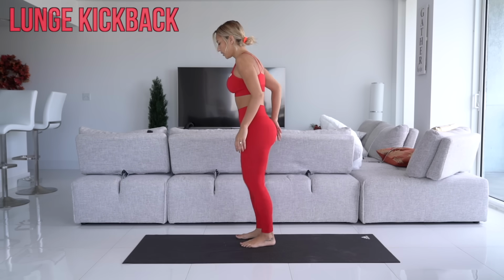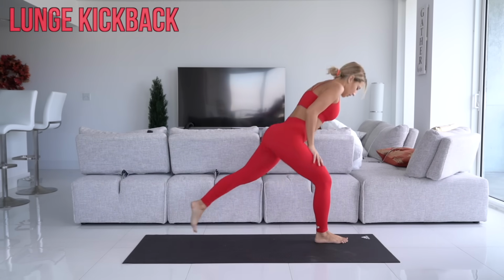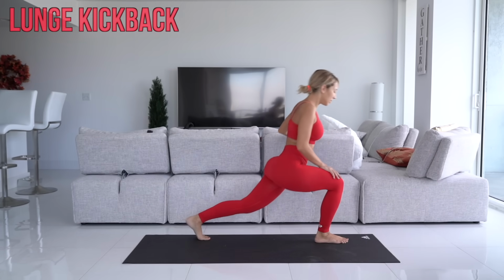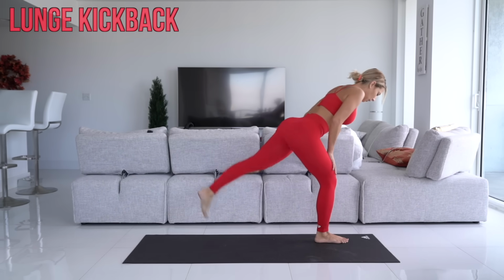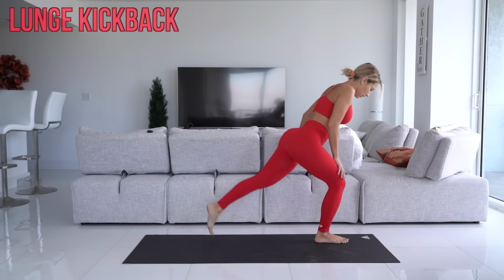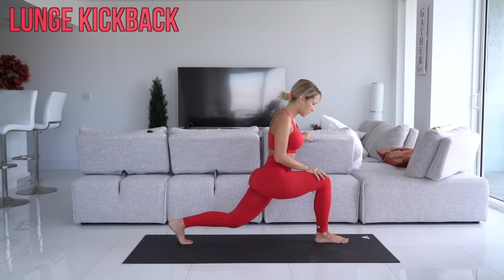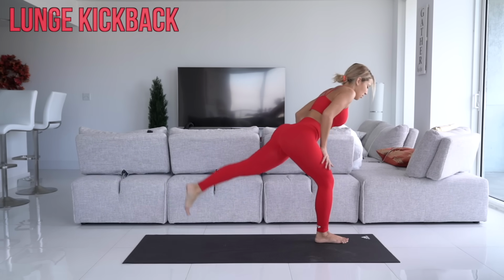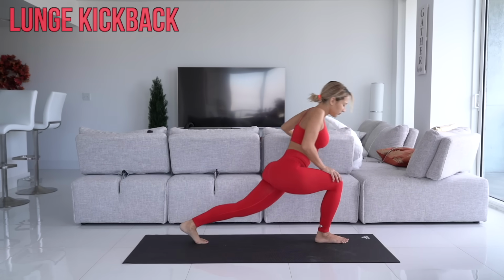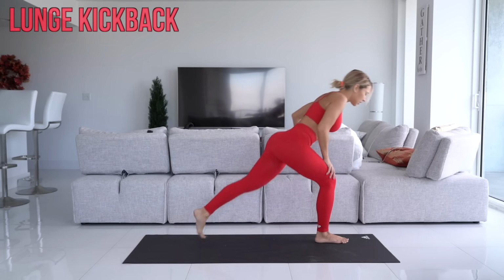Now let's do the other side. Oh, let me turn around this way so it's easier. So go down and squeeze. This is 8. 5 more. And